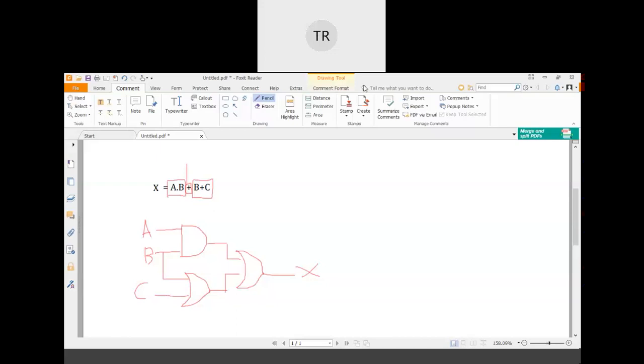Sir, how to find the value of a separate letter like A? How can we find